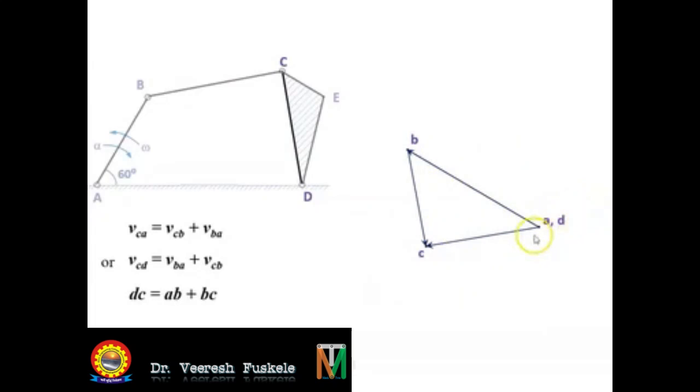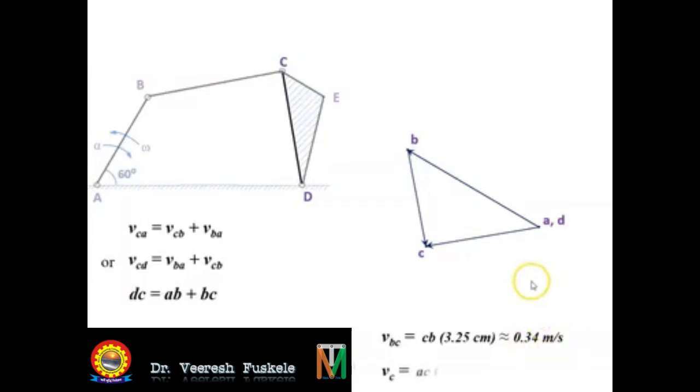Now, after getting the velocity diagram, we can measure the sides BC and CD. We can measure the length of this vector BC and CD and calculate the velocity of the link BC and CD as follows. The vector CB has been measured as 3.25 centimeter. So converting it according to a scale, we get the velocity of BC or velocity of B relative to C is 0.34 meter per second.